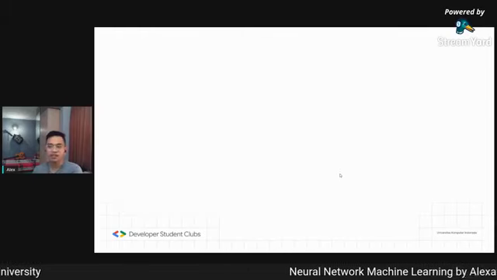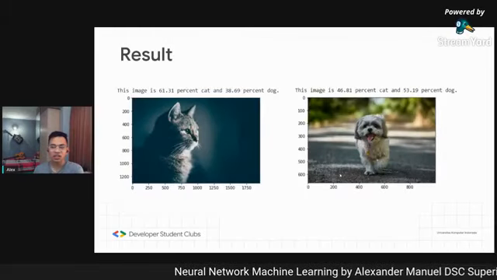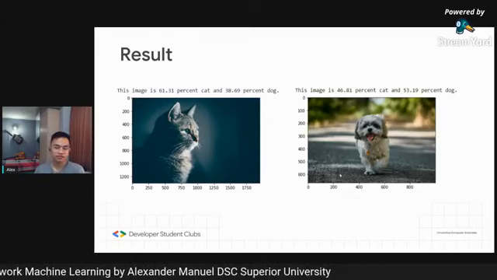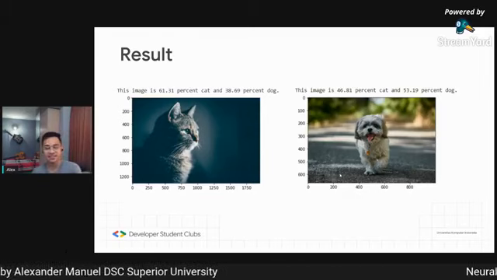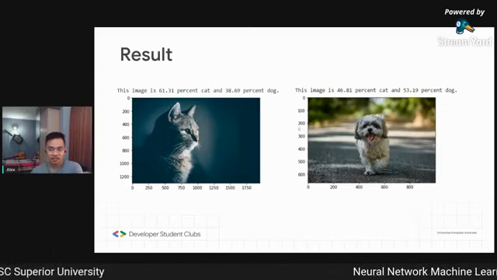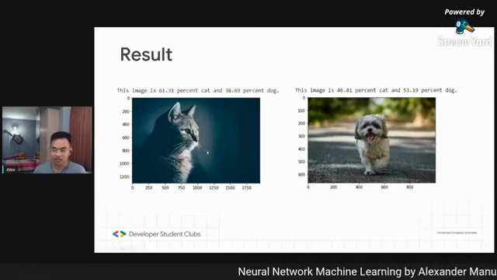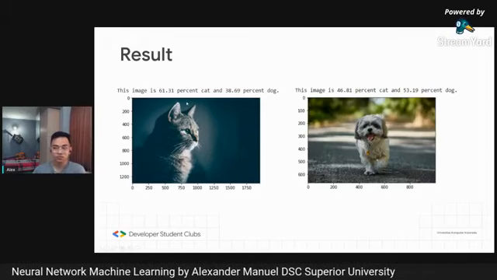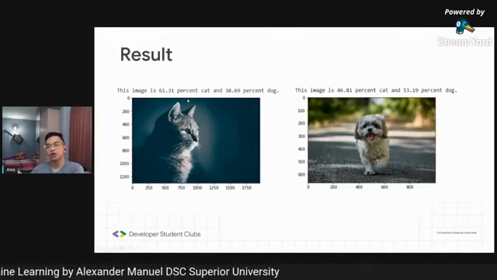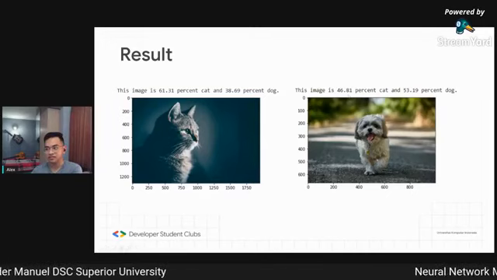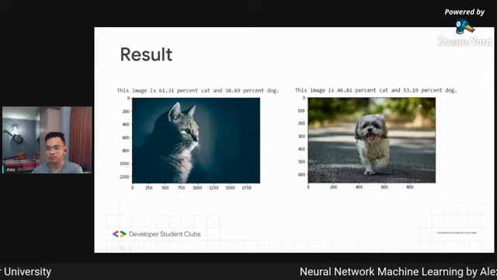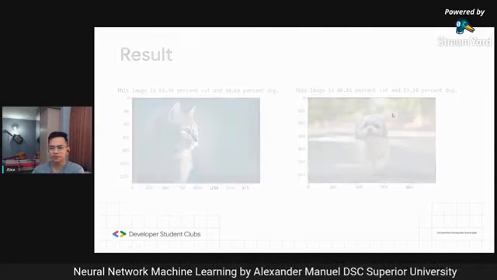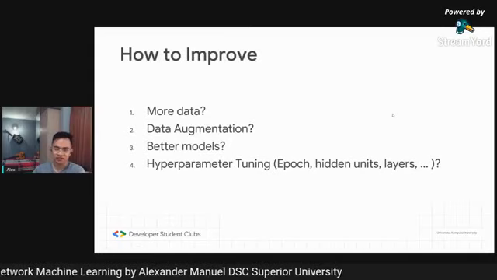So the model actually learns enough, but they don't know enough yet. In this case, it's obviously a cat. There's no other thing around it, no human or maybe some furniture, but it fails to predict that it is a cat, and this one is quite low for a dog. Why is that? How do I improve this thing?